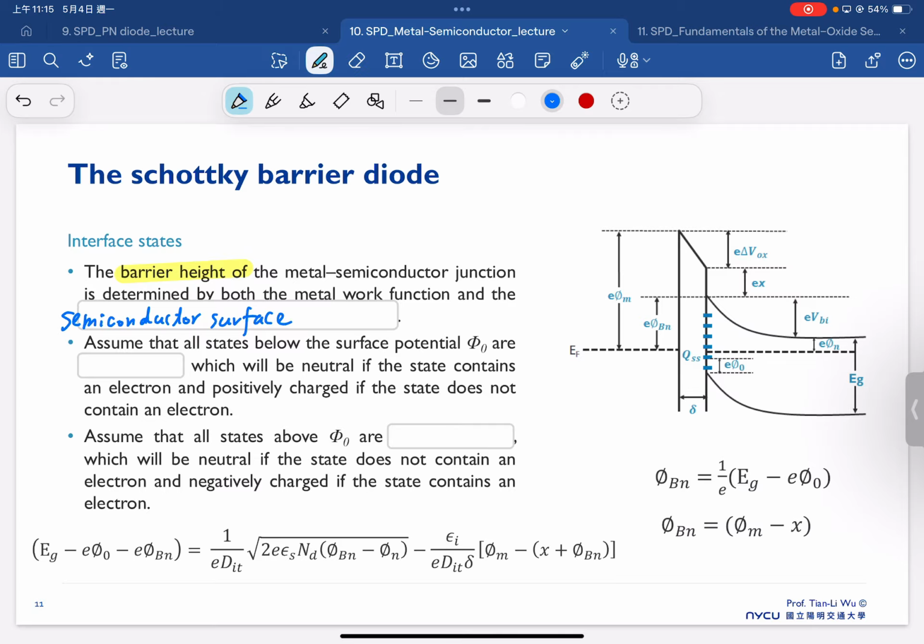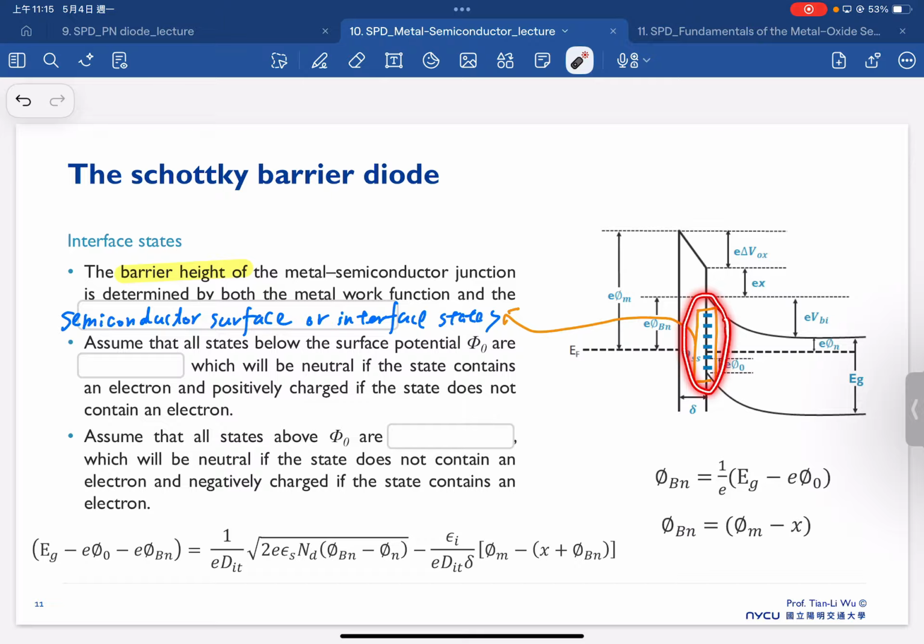Or interface states. Which is this one. And why is it possible to have this interface state? Because ideally this is a forbidden band gap, and the forbidden band gap region shouldn't possibly have any allowed